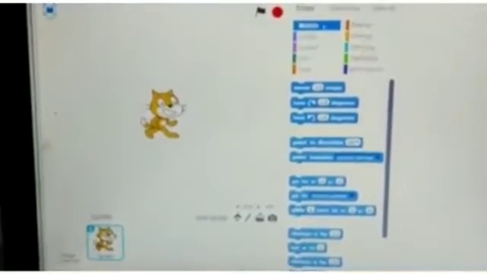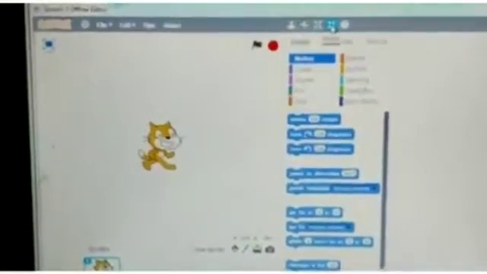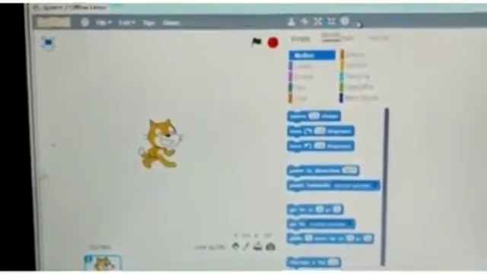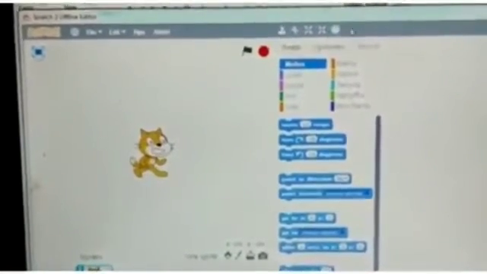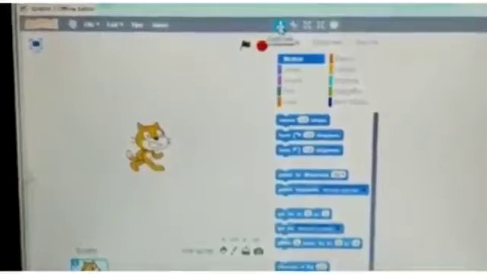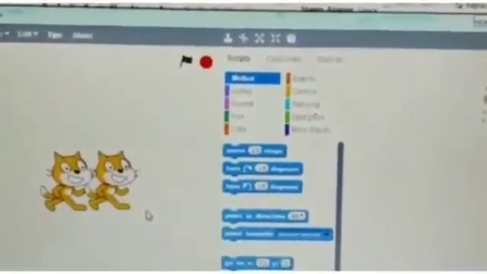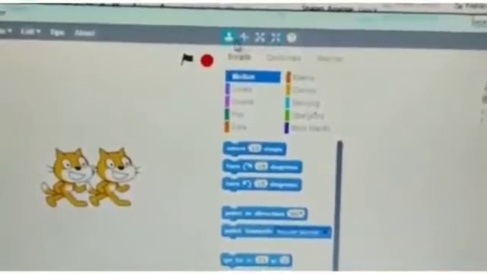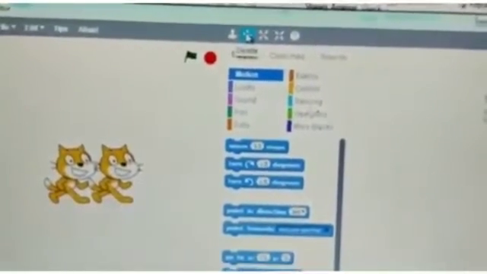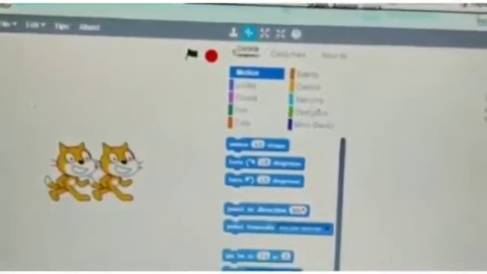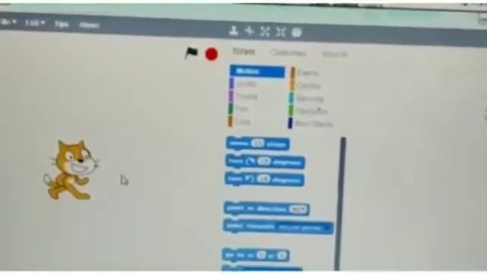Now children, we will start a program. Now I will show you a sample program. Now children, let me show you what the options are over here in the sprite tools. Here you can see duplicate. Duplicate is to create a duplicate copy of the sprite. Now what is this option? Delete. By using this you can delete.